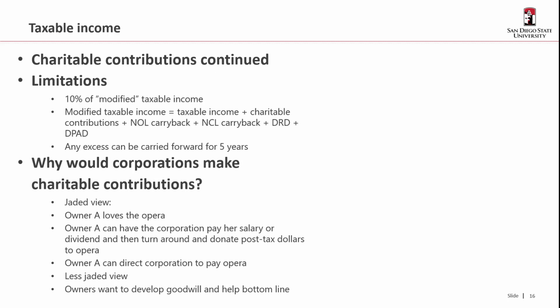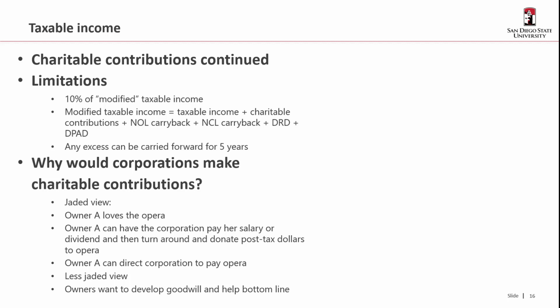Okay, so what limitations? We've been through timing, we've been through amount. What are the limitations? The limitation on a donation by a corporation is 10% of what's known as modified taxable income. So what is modified taxable income? Well, that's taxable income. Of course, you add back any charitable contributions. You add back any NOL carryback into that year. You add back any net capital loss carryback into that year. You add back any dividends received deduction, which we haven't even covered yet, and you would have added back the